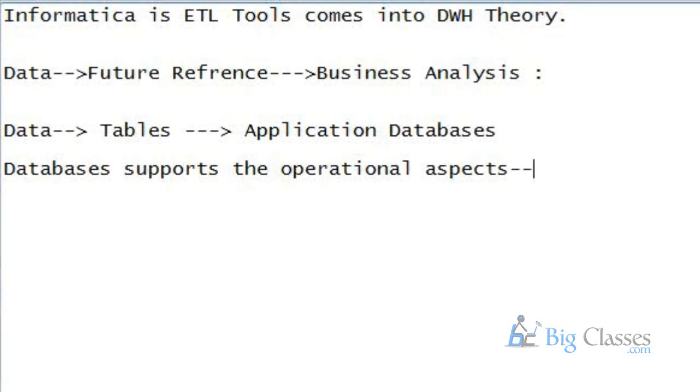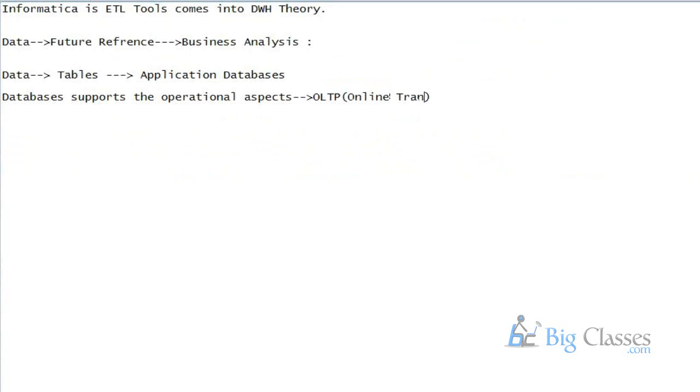We call them OLTP. So what is meant by OLTP? OLTP is nothing but an online transactional processing system. Online transactional processing system. So the OLTPs are nothing but the online transactional processing systems,